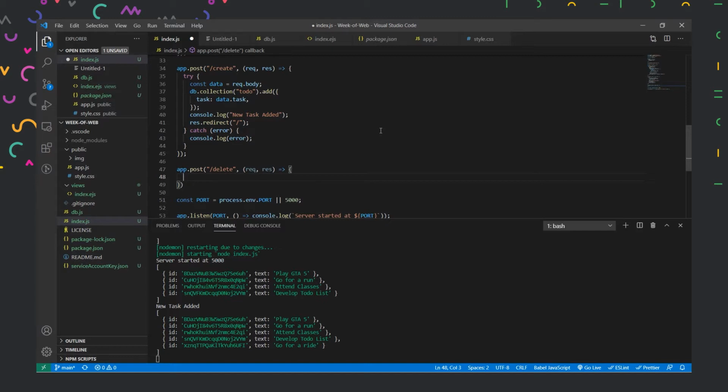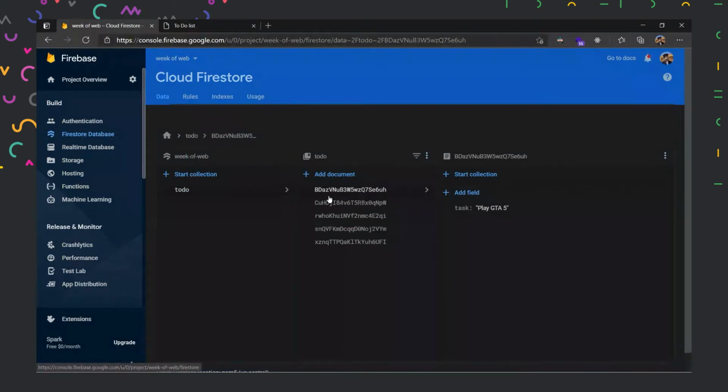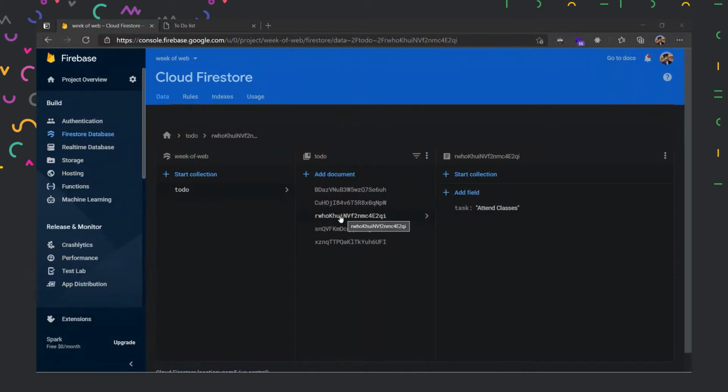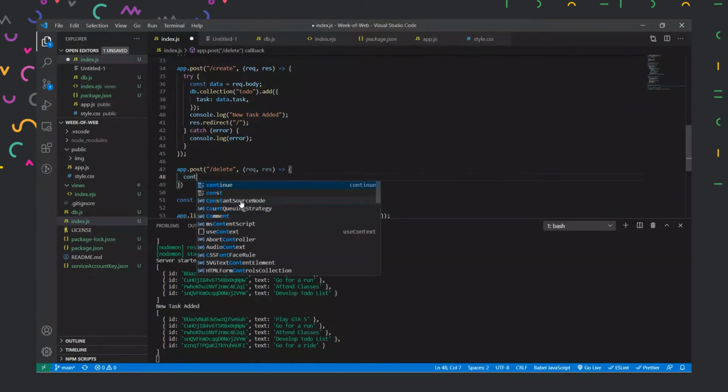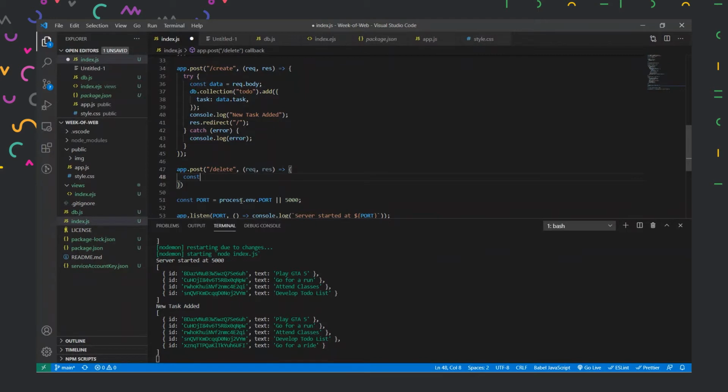First of all, we'll have to select the ID of the task element. So this ID we have to grab for each element. How do we do that? We have doc.id, right? But this we are taking from the front end because we are clicking it, right? So instead of writing it directly, we can take it from the front end. We'll create a variable that could take it from the request and store it in itself, like we did here. I'll store this as delete ID.